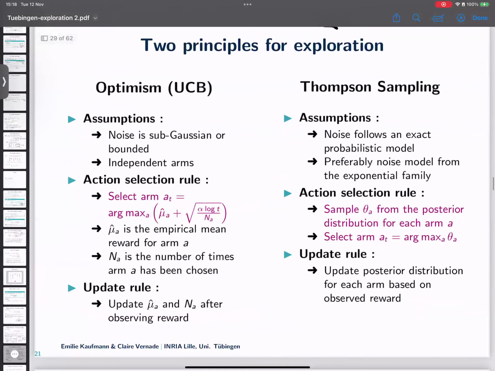So just to summarize, these are the two algorithms that are called UCB and Thompson sampling that we just saw, and that are basically based on this idea of using uncertainty to make actions. One is really focused on this optimism principle, the idea of, what is the best possible world that I could be living in, and acting optimistically in this best possible world. That gives UCB. And the other one is to use the Bayesian uncertainty to sample from this uncertainty that you have at time t and act in this sampled world for one step.